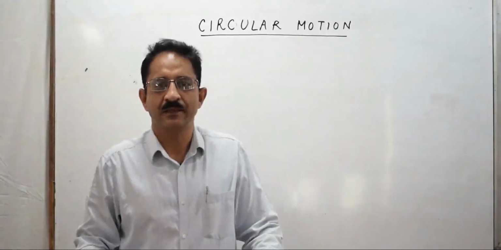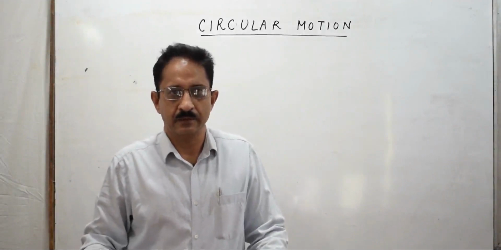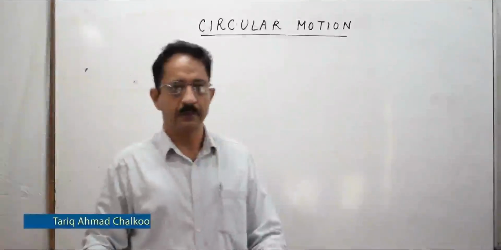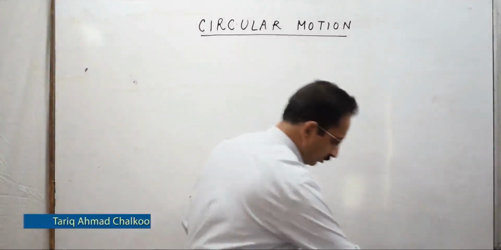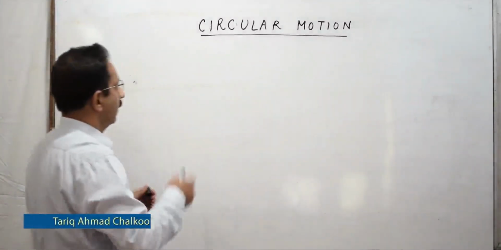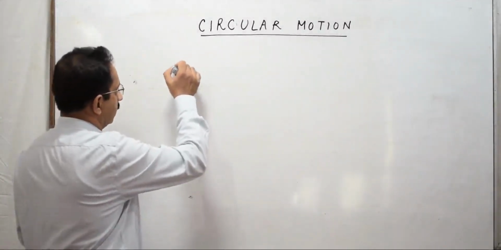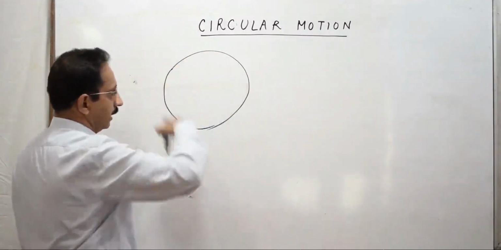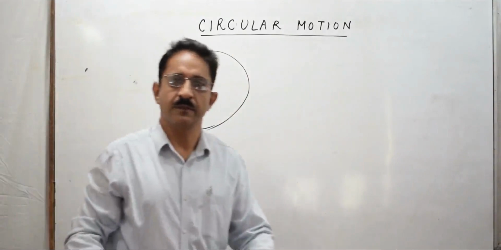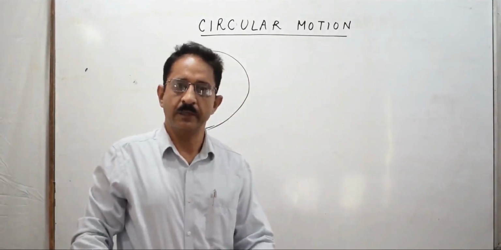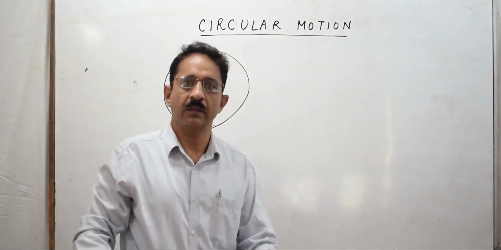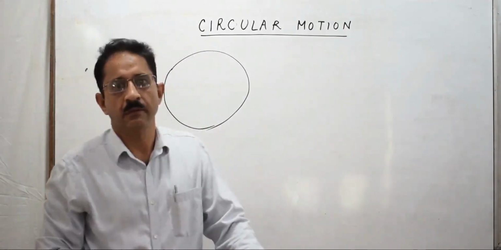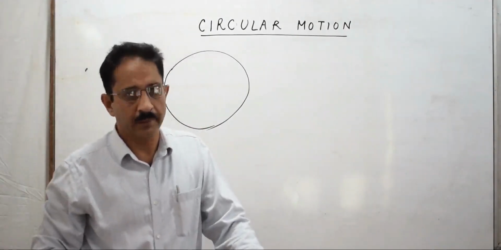Welcome to this lecture. Our topic in this lecture is circular motion. You're apprised that there are different types of motion which we talk about in physics, and one such motion is motion in a plane. Motion in a plane indicates that when a body moves in presence of a surface, where the surface is either in the xy plane or in the yz plane or the xz plane, we call it motion in two dimensions or motion in a plane.